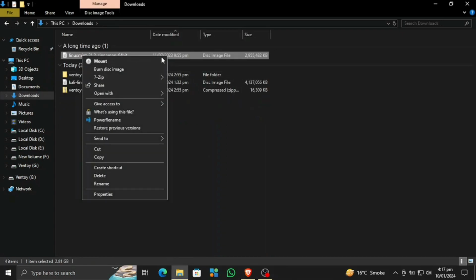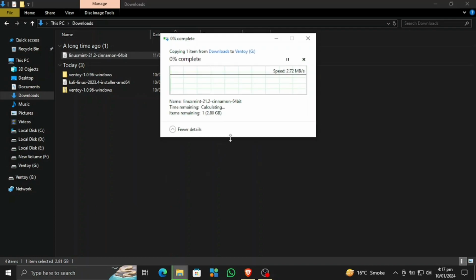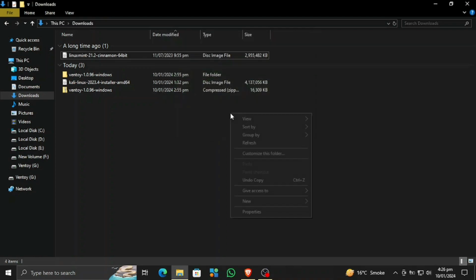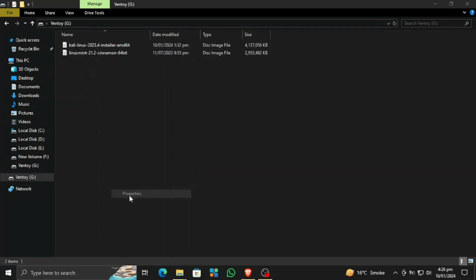I'm going to simply copy my Linux Mint file to my USB drive, and I think this is also going to take some time, so let's skip it right now. Okay, now I have two of my ISO images copied to my USB drive, and I think we still have